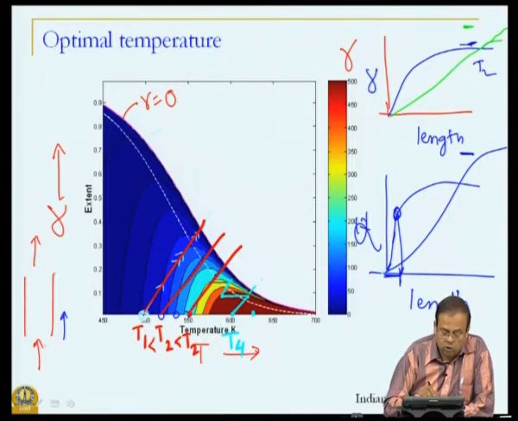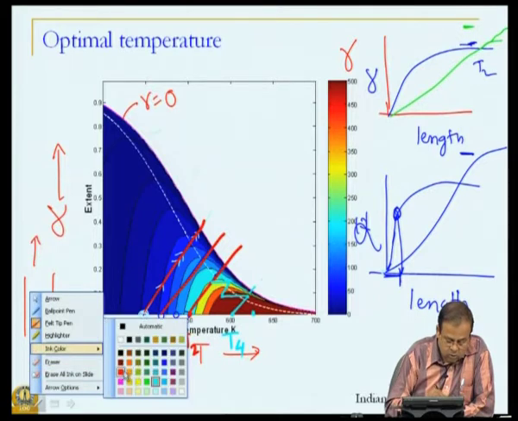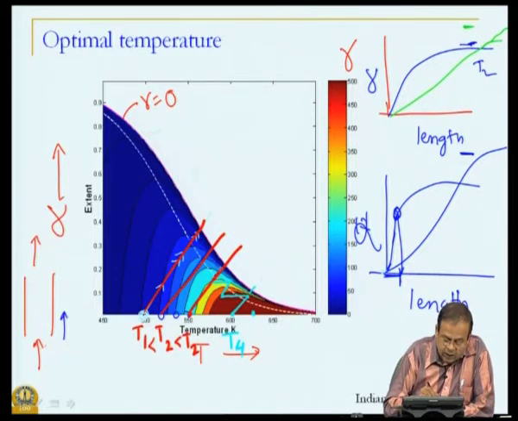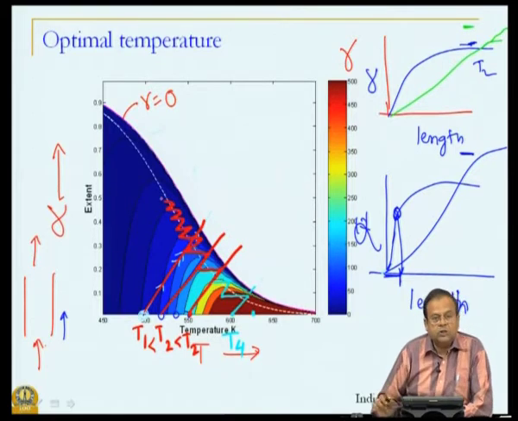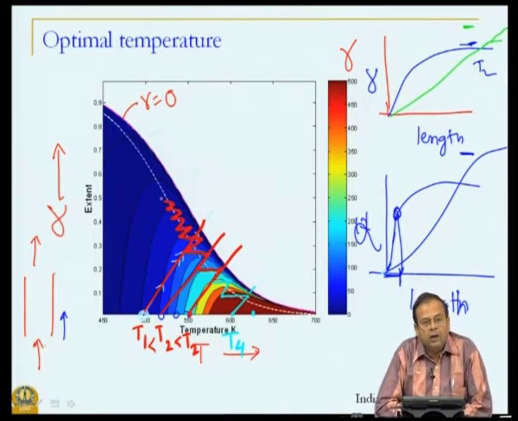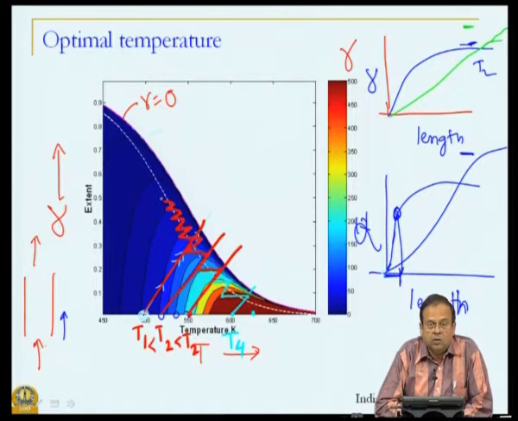I repeat this operation, so that I go back, stop the reaction, cool it. Let me change the color now, because we are in a different region. So, again I go and I will keep on doing this behavior such that I will have higher and higher conversion. So, what is the idea that we are using?